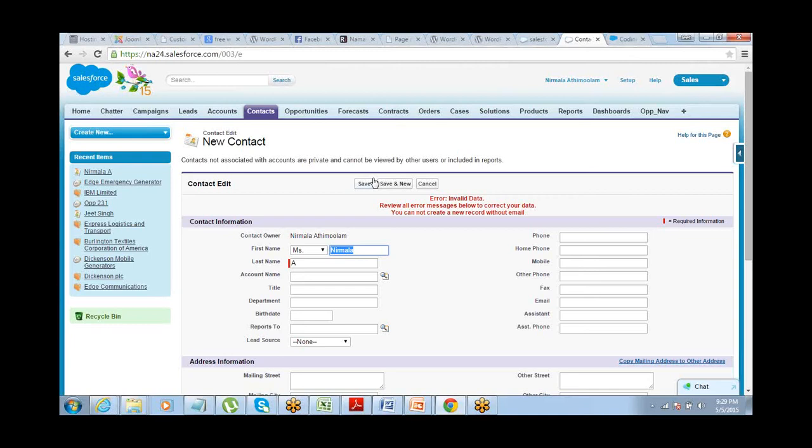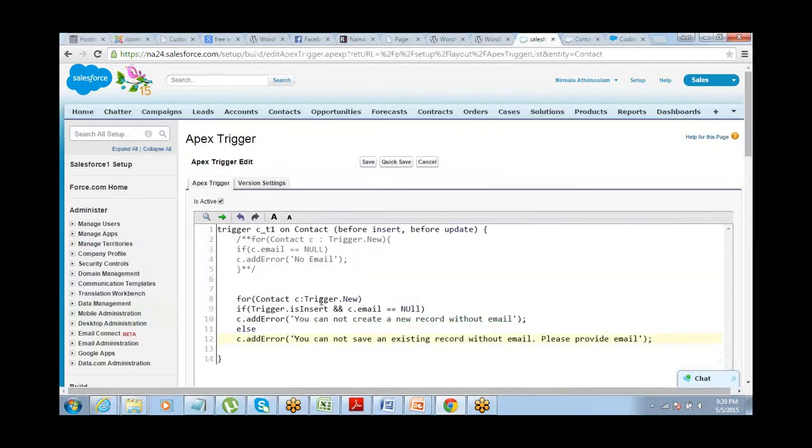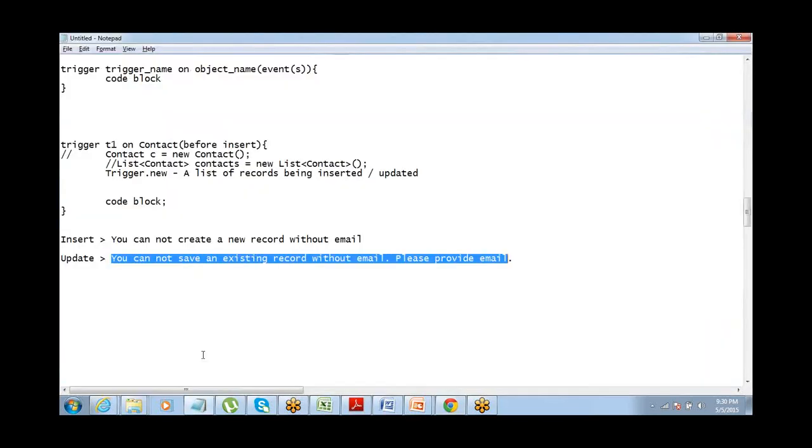Got this? So what we have done is we have used another context variable, isInsert, here. So the same way you can use other ones, isUpdate, isDelete and all that stuff as well, right? Okay. So let's do a small activity and then we'll do one more example here.